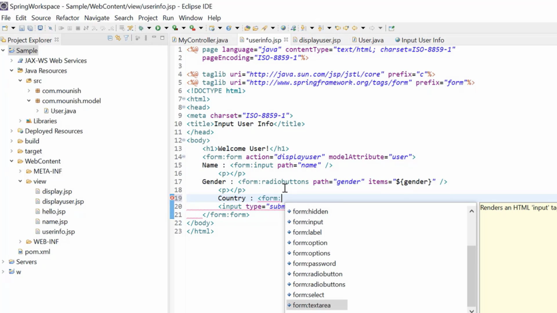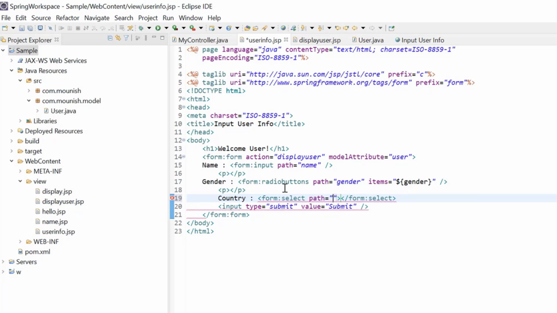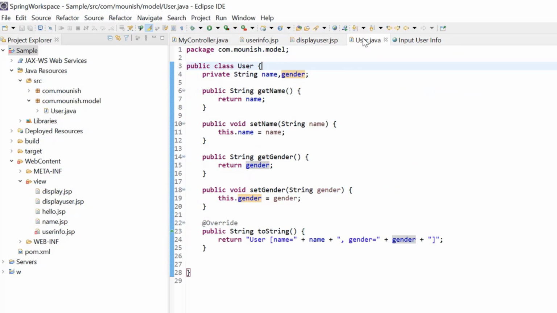For that, go to this form.select. Okay, I don't want to give it like this. I'll give a self-closing tag, and this is a path, and there will also be some items in it. So these are some items, and this definitely will be a Java object. Let me write it at the beginning itself so that I'll not make the same mistake again. Now let me save this for a second. Obviously in the background it will be showing some errors. Let it show.